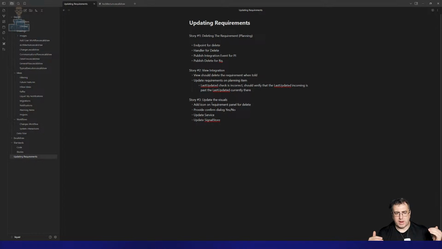So when I delete the requirement, I want to update the planning item in the signal store and remove it from there after I've confirmed that I've deleted the actual thing. So once I get confirmation back from the server, we're good, that I deleted it, then yeah, we remove it from the client. It won't be removed until the view gets it. So you could potentially, and this is another thing we're going to have to look at later on in terms of data consistency, in terms of